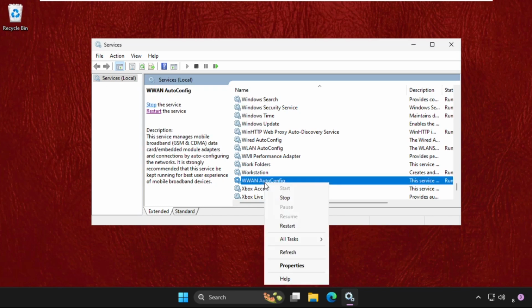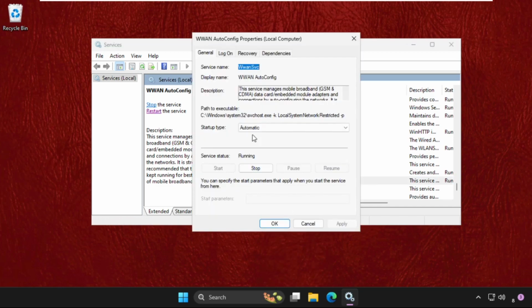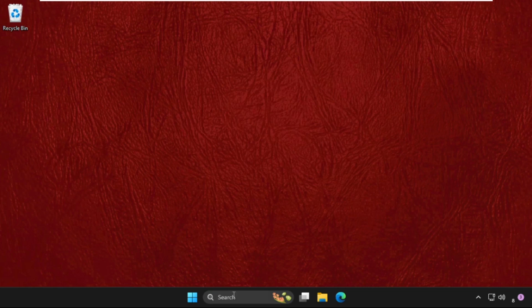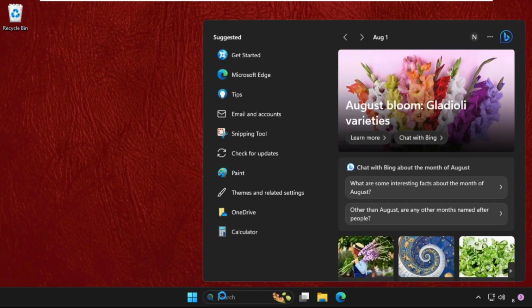You can also right click on it and select Restart, and once done, go to its properties, again set startup type as Automatic, click on Apply and then OK. Once done, just close this window and go for the Task Manager,